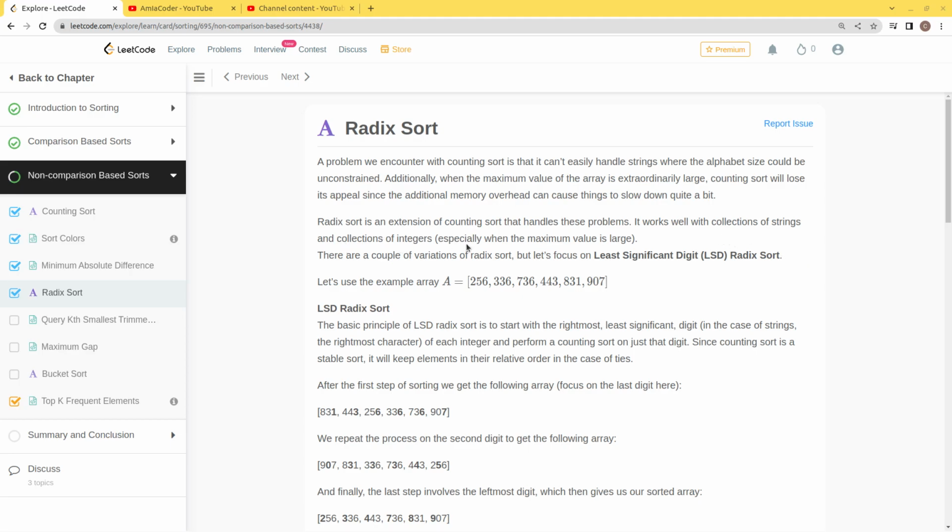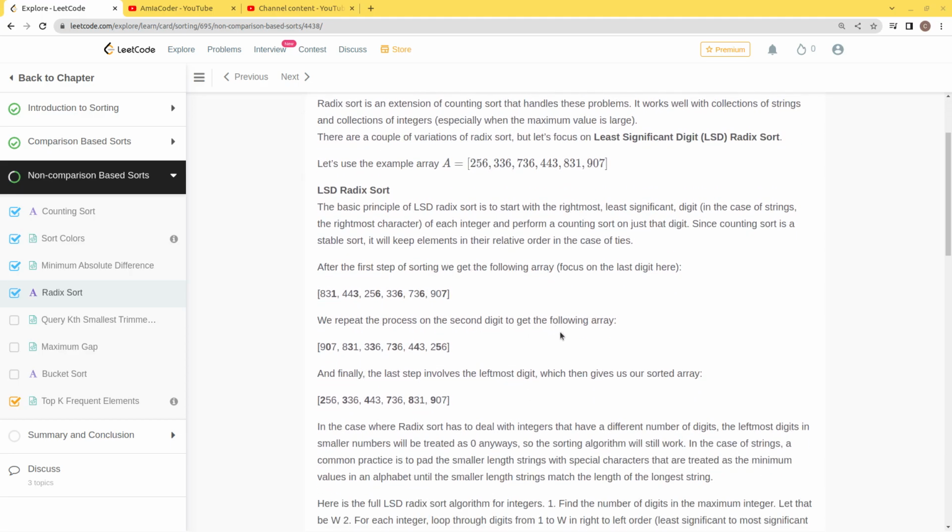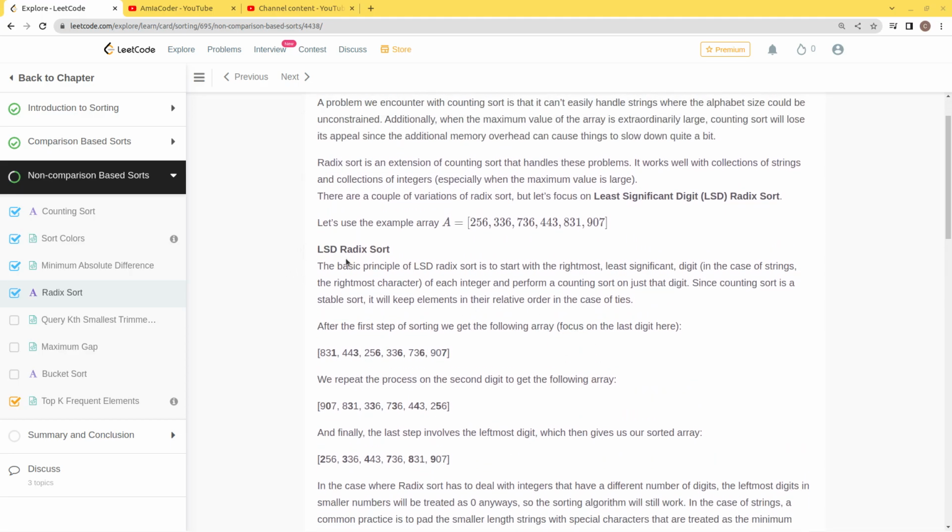It works well with collections of strings and collections of integers, especially when the maximum value is large. There are a couple of variations of the radix sort, but let's focus on the least significant digit radix sort. Okay, I think the context below will explain what radix sort is. They gave you an example right here, and they just do sorting